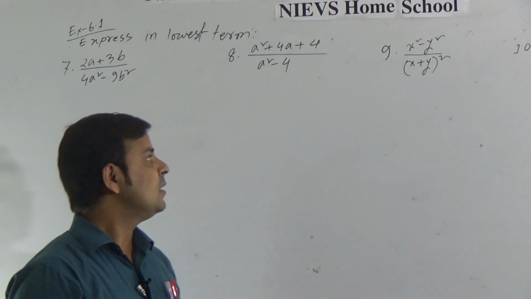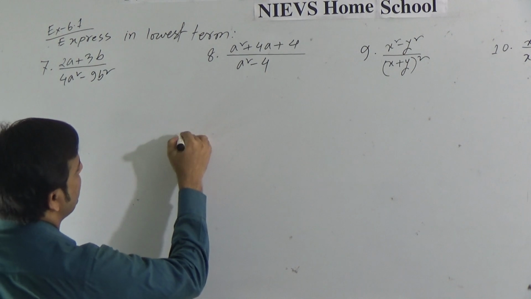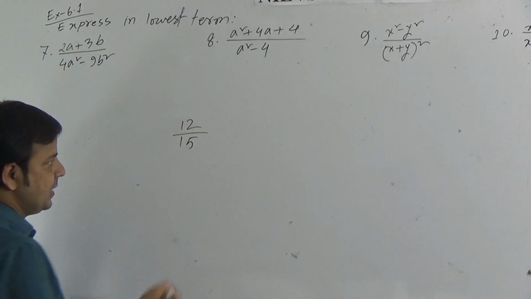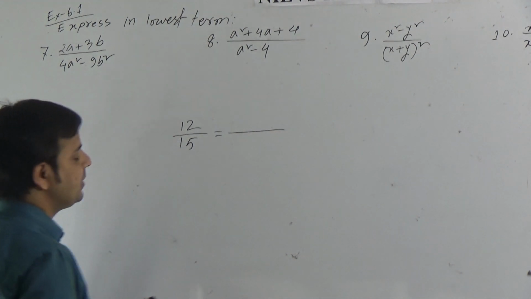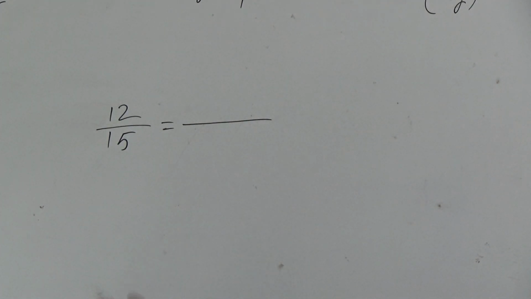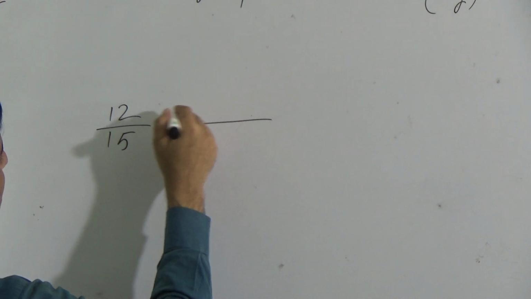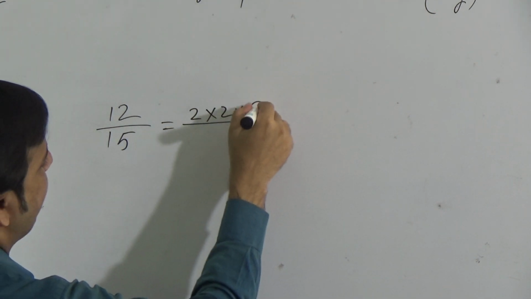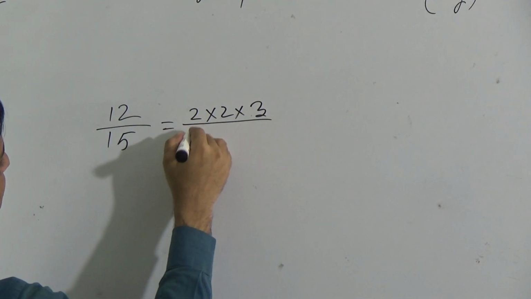Dear students, you know how to express a fraction in lowest terms. Suppose 12 by 15 is a fraction. Now, if we want to convert this fraction into lowest terms, at first we have to factorize 12. We have to write 12 as a product of prime factors. So, we can write here 2, 2 and 3. And we can write 15 as a product of prime factors. So, we can write here